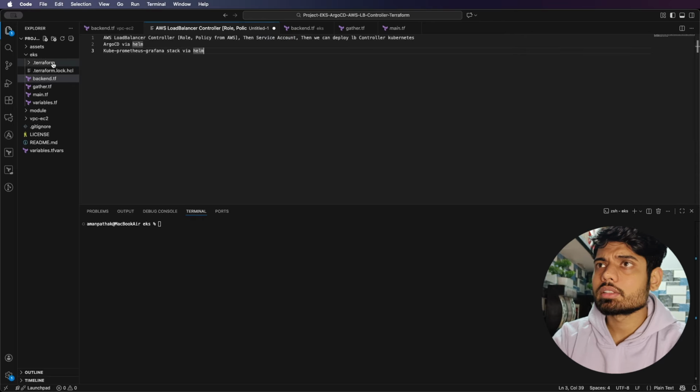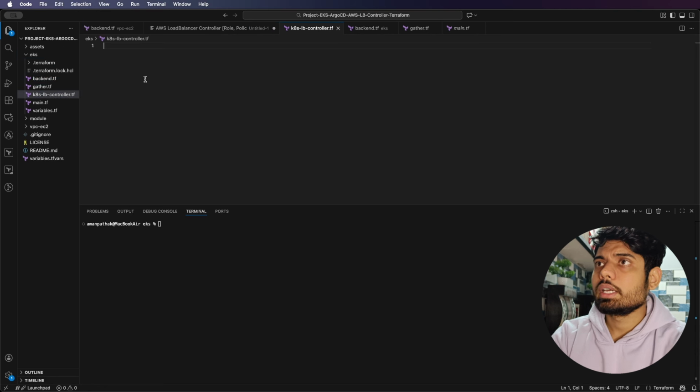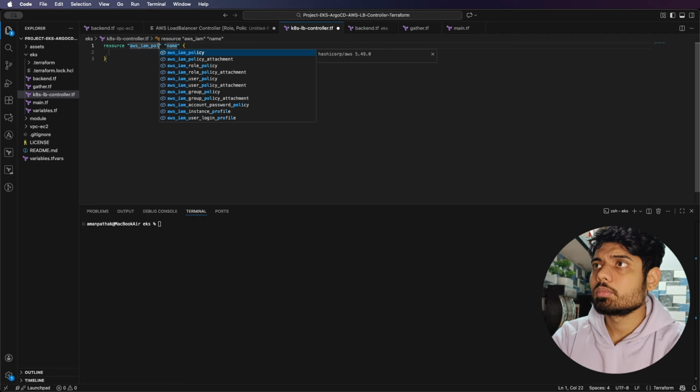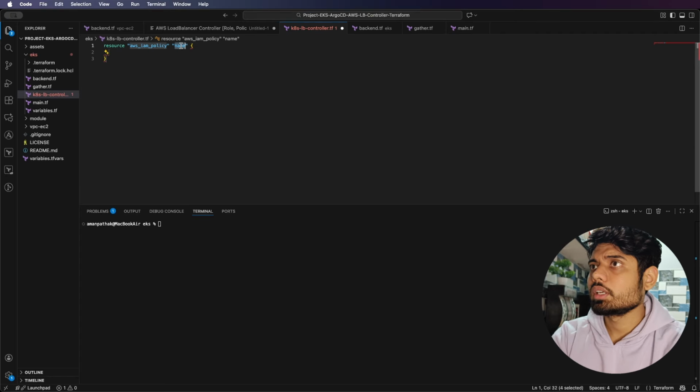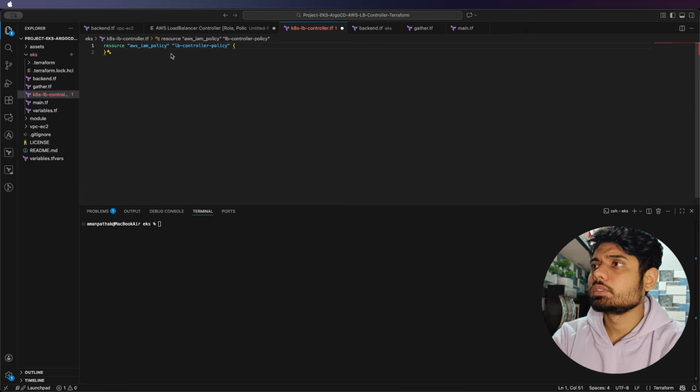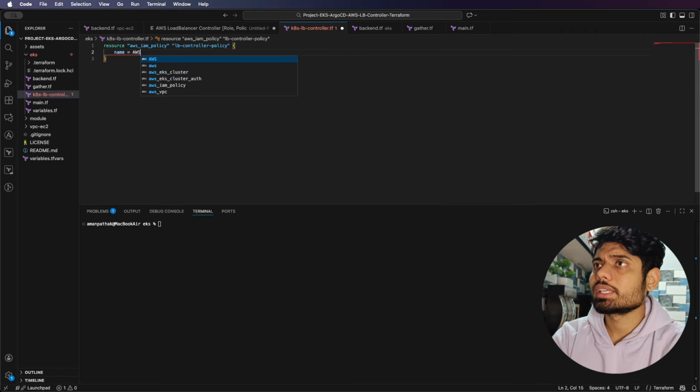For that, I will create a separate file which is k8s lb-controller.tf. And first of all, we have to create the policy. So I will create an IAM policy, and I will write the name as LB controller policy. Then we have to provide the name. So I will keep the name simple: AWS Load Balancer Controller